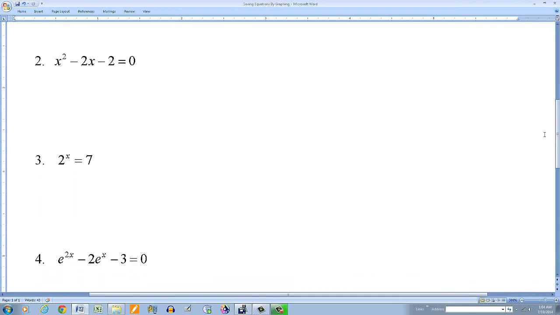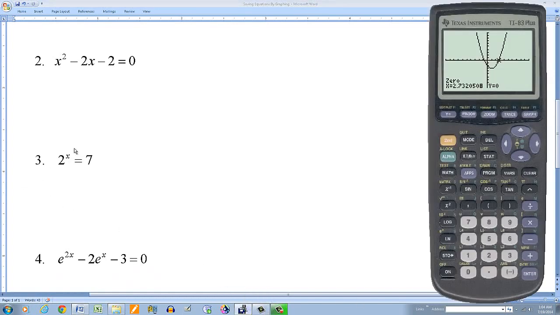Okay, let's go to the next one. Now this one's an exponential equation. One way to solve this would be using logarithms. Take the logarithm of both sides, either to base e or to base 10, and apply that procedure and solve it. But we're solving these by graphing, so I'm going to go to this menu again. And I want to cancel this one over here, so I hit enter on that equals, so it cancels that one. And then I want to graph this one, hit enter,